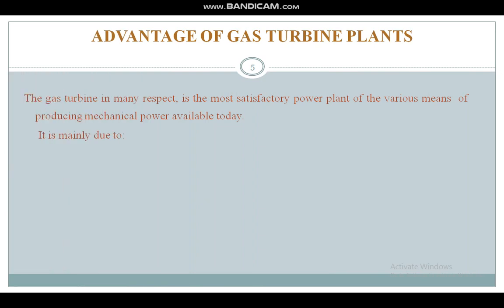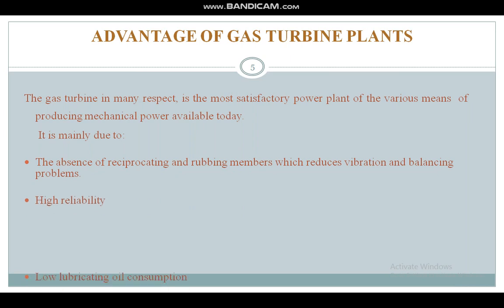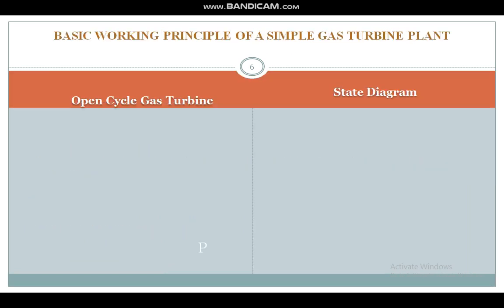Now, the advantages of gas turbines are mainly due to the absence of reciprocating and rubbing members, which reduces vibration and balancing problems, high reliability, low lubricating oil consumption, and high power to weight ratio. This high power to weight ratio is the fundamental key reason of the popularity of gas turbine plants in aircraft engines. The basic principle of simple gas turbines,